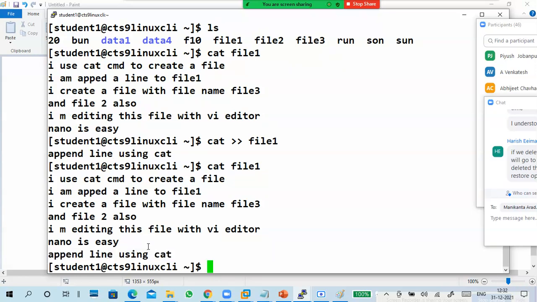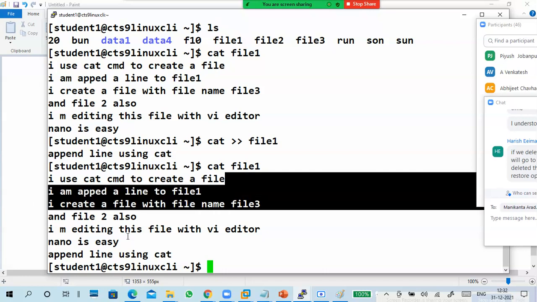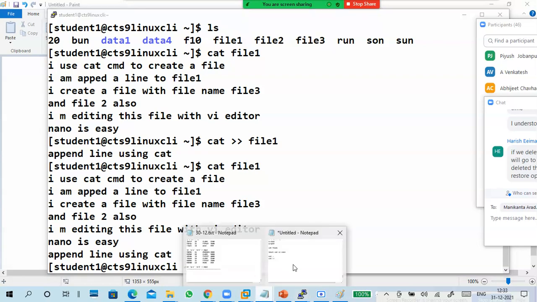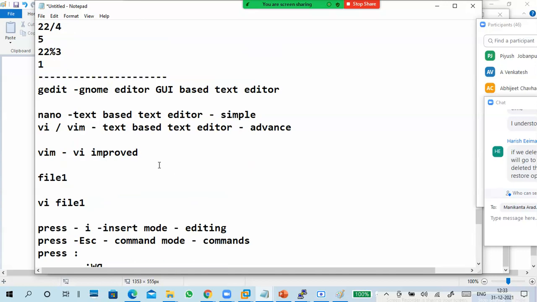I want to add a line in between these two lines, or edit this particular line, or delete this line. I cannot use cat to do that, so I have to use nano or the vi editor.